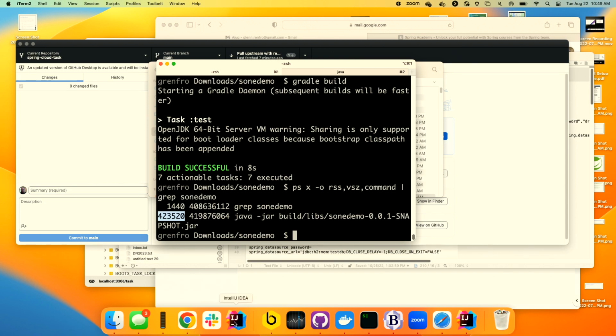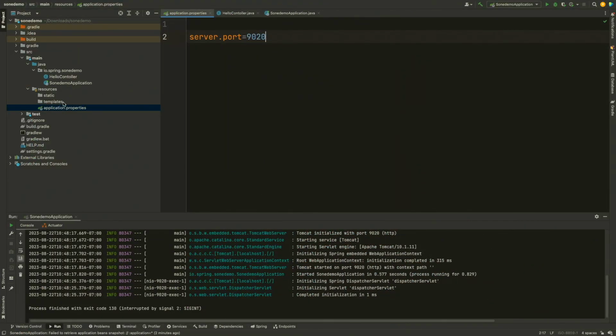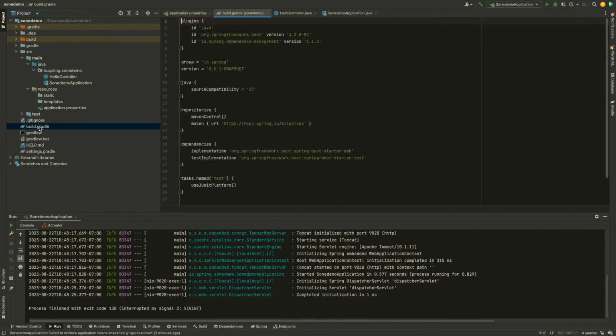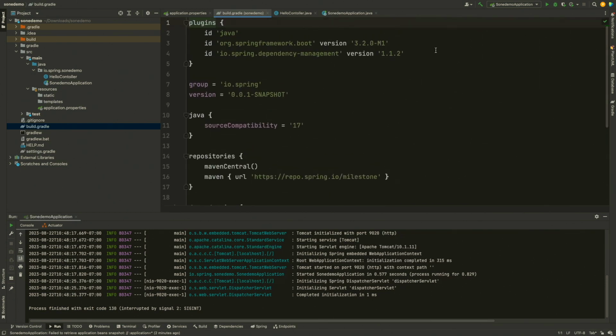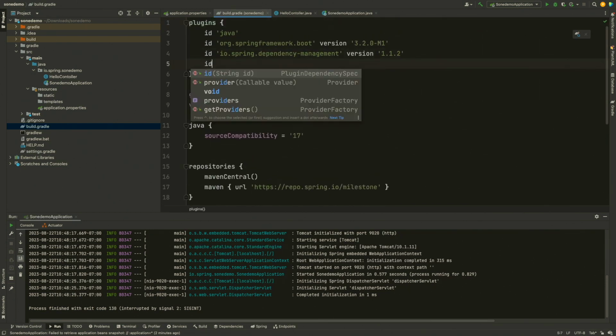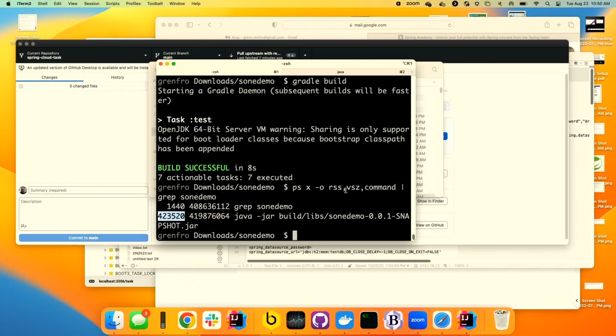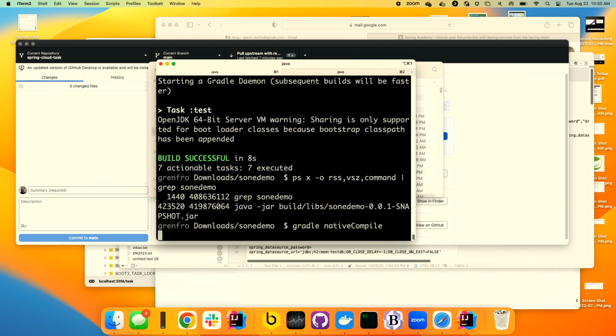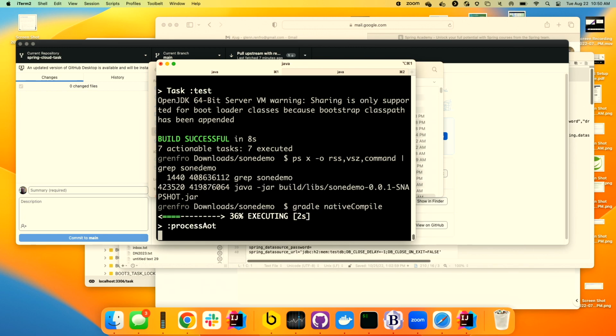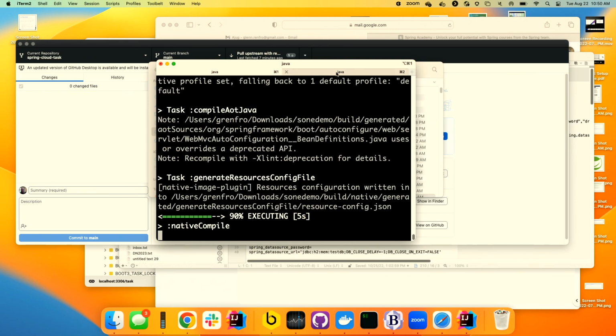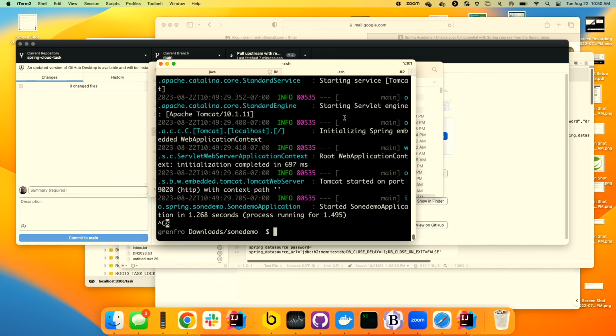Now, the way we're going to do that is something we call native compilation. And the way that we handle the native compilation is Graal has introduced a project that allows us to natively compile our apps. And what we do to add and enable that is we're just going to add in the plugin from Graal, in this case. And we add that plugin. And then from here, what we're going to do is say Gradle native compile. Now, what's going to happen is instead of running our app in the JVM, we're going to be actually running it natively. But this takes a few minutes for it to do this magic.